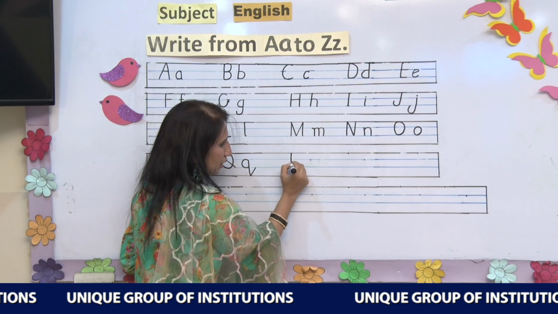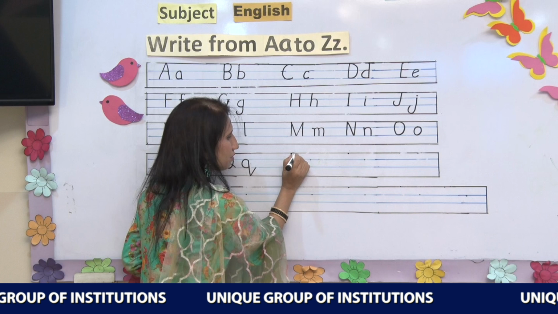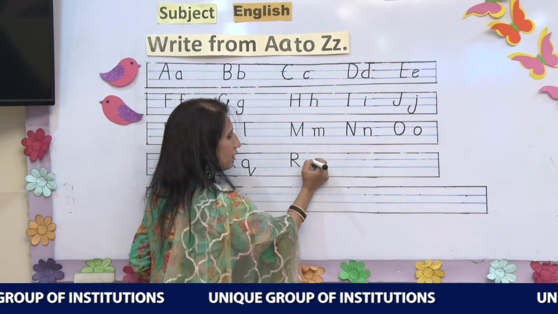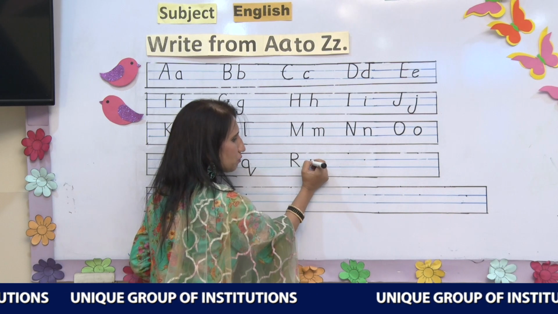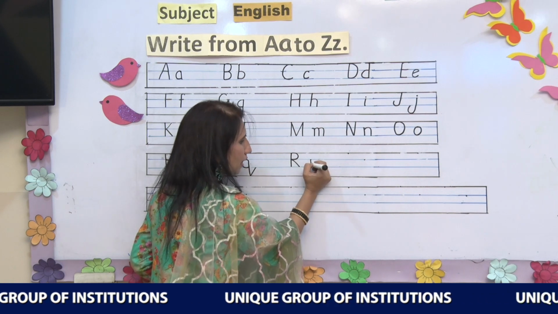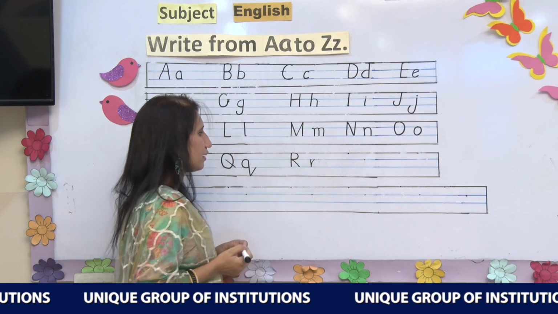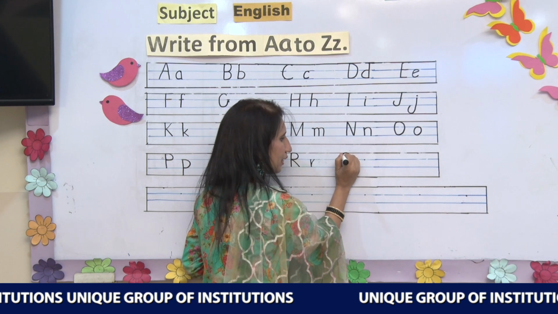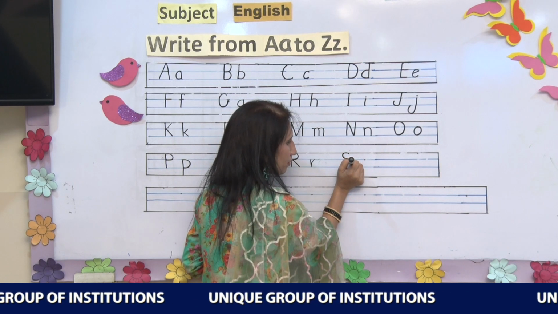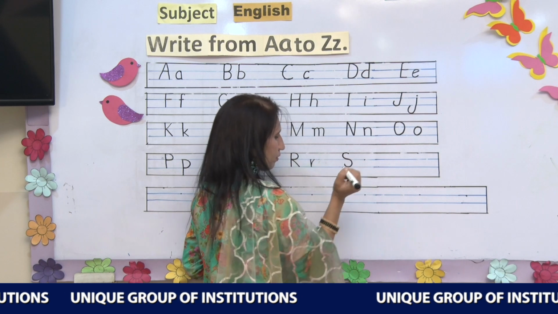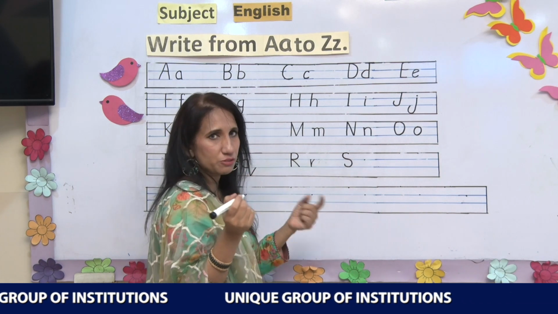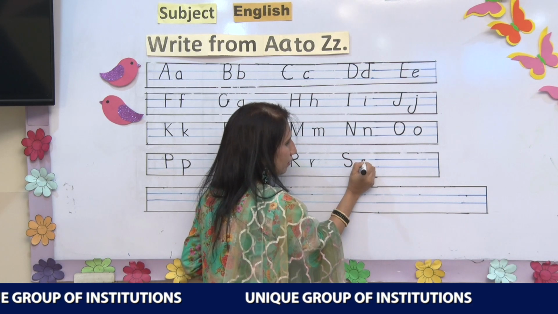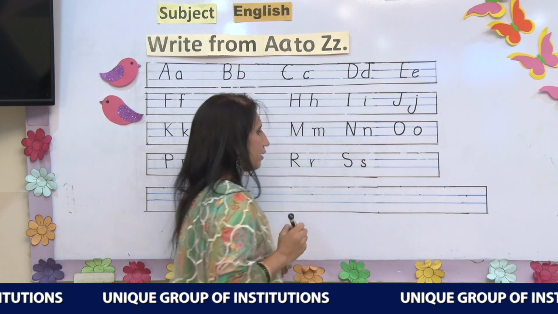First of all we will make a standing line like this, make a half circle and make a slant. This is your R, and again in the center of these two lines we will write our small r like this and make a slightly slant line. This is the R. For S we will utilize again these three lines. This is the capital S, and for small s we will utilize these two center lines. So this is your S.